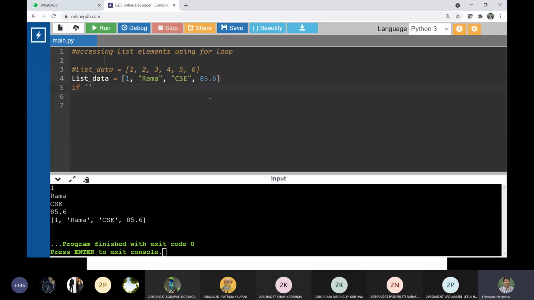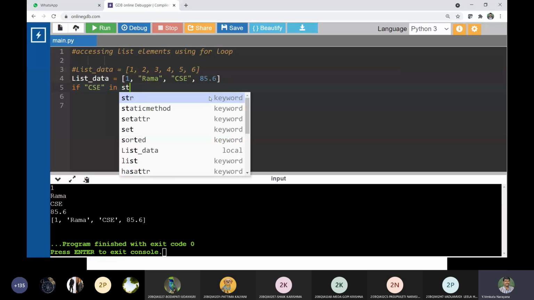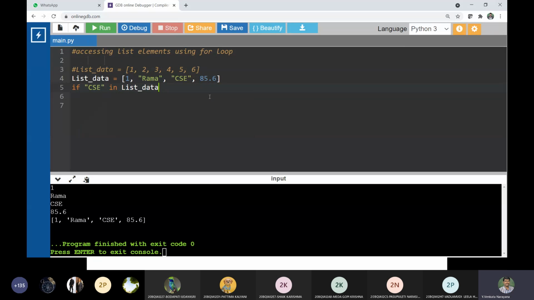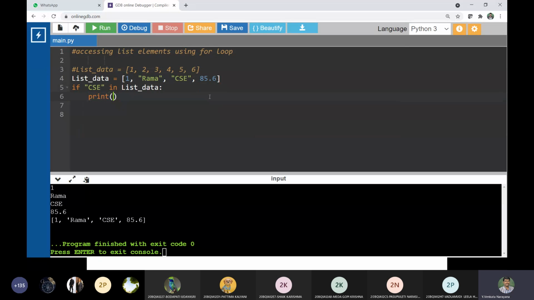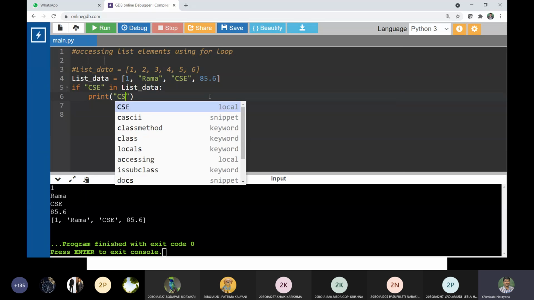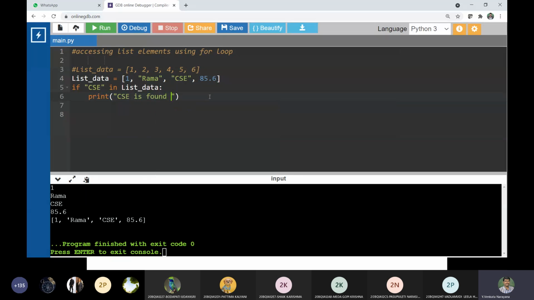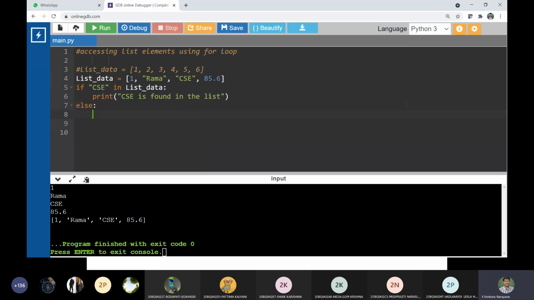So now I am supposed to check whether the element CSC is in the given list. If the case is true, print that CSC is found in the list. And if it is not present, print that CSC is not found in the list.